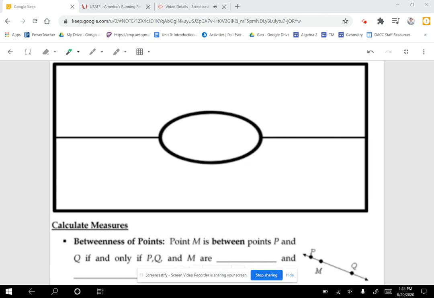All right, so picking up right where we left off, we're jumping into betweenness of points. And I will admit, pausing the video here, I was just stumbling over my words. Betweenness of points, kind of an interesting concept. It's hard to put into words, honestly, but when you see it visually, it seems to make a lot more sense. So the words that we're going to use to describe betweenness of 2 points are that for two given